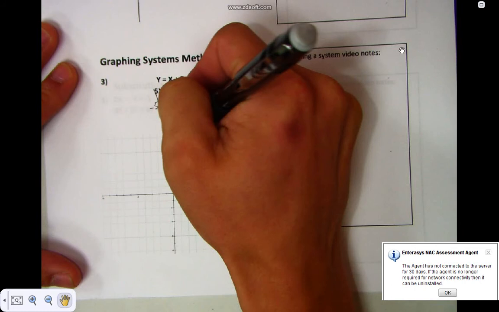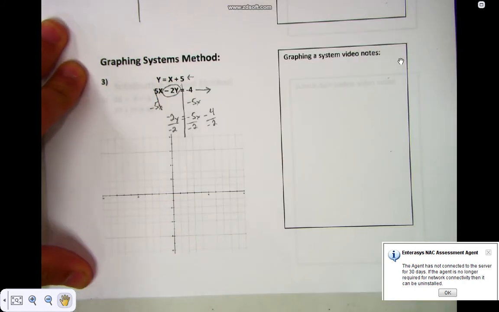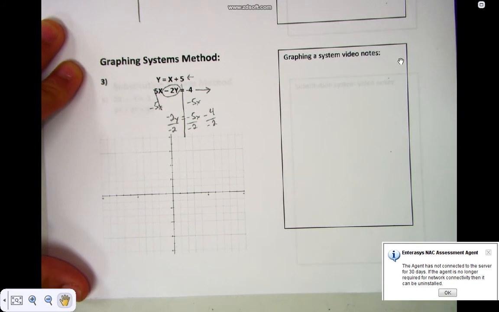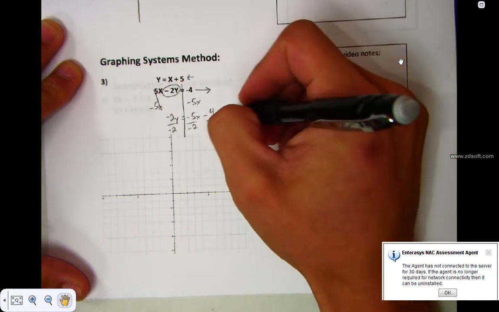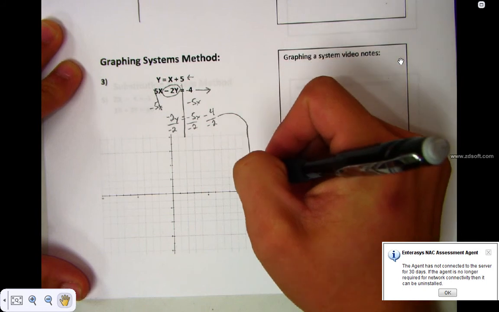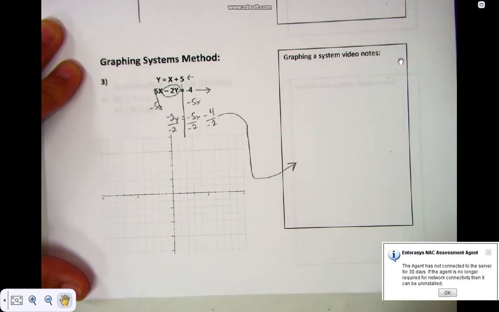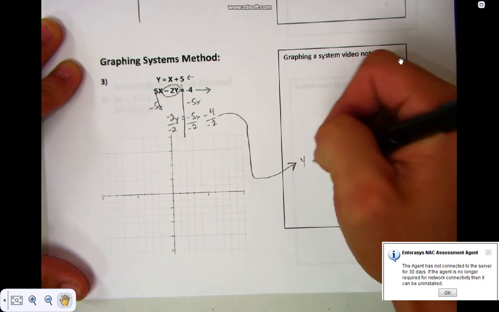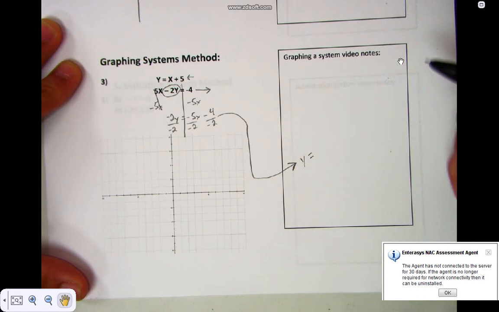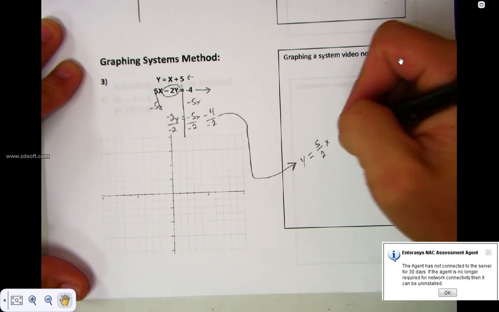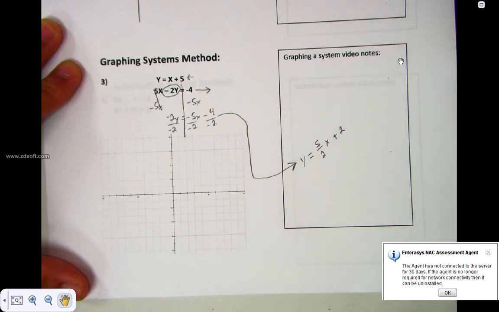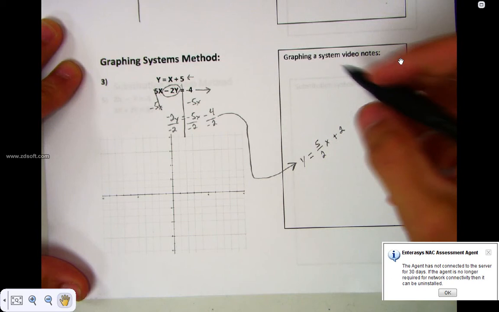negative 2. My computer just turned off. There we go. Divide by negative 2 on each of these. So I should end up with, unfortunately, I'm going to have to skip over this graph. I'll just write inside y'all's notes. Okay, so here we go. Y equals 5 over 2 x plus 2. Now the reason I leave it as a fraction is because that's my rise and that's my